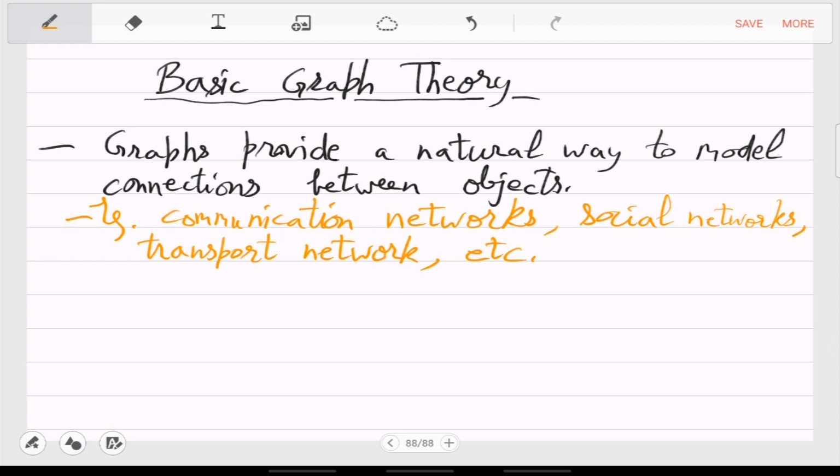And of course, when they appear in these examples, the graphs have different properties, even different definitions. So we'll start with the most basic one,